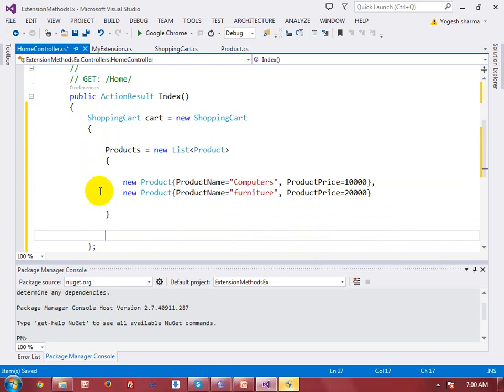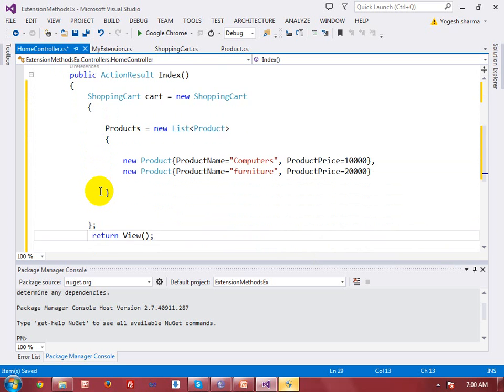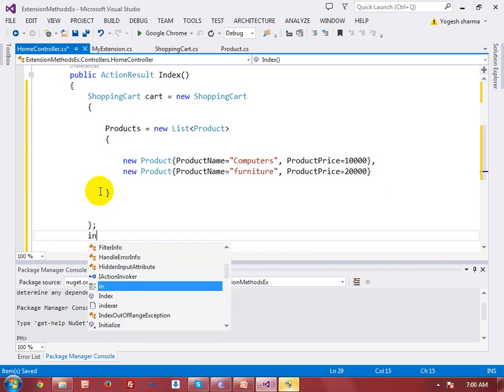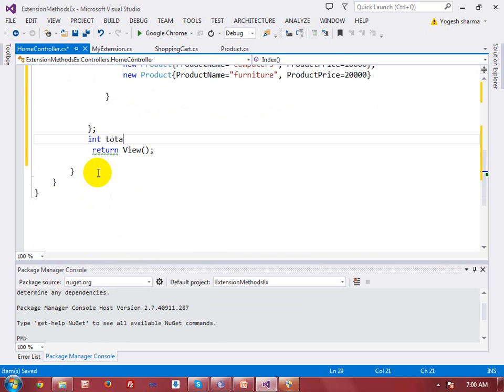So you can see here that I have added all the products in the cart object. Now let me call the extension method, integer total price, and I have just created the object of cart.TotalPrice.